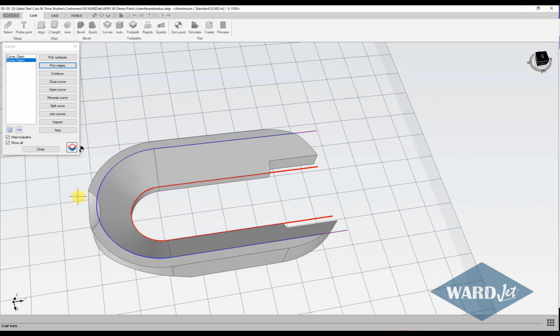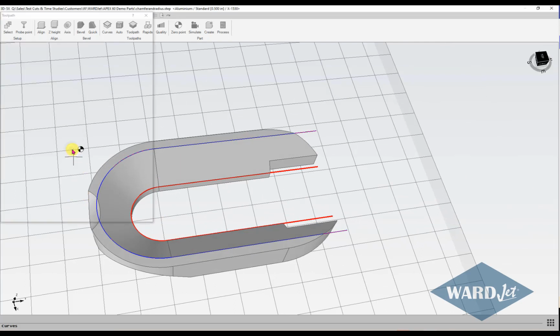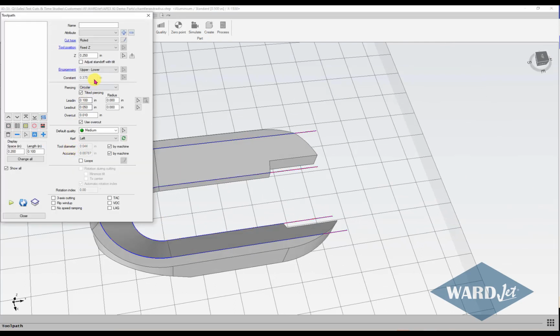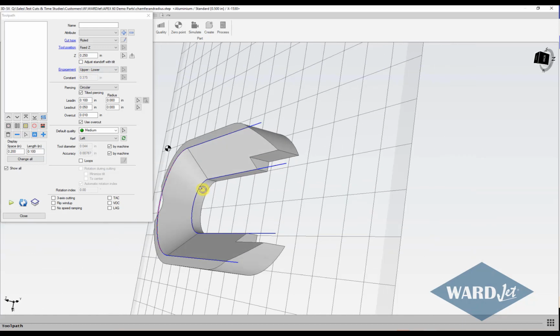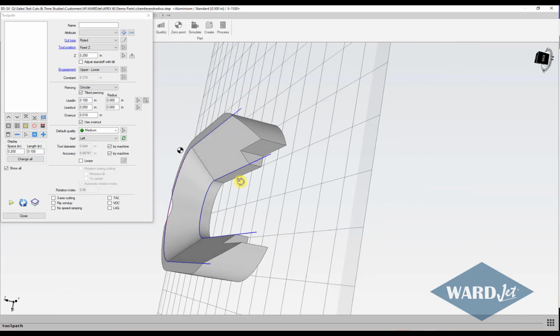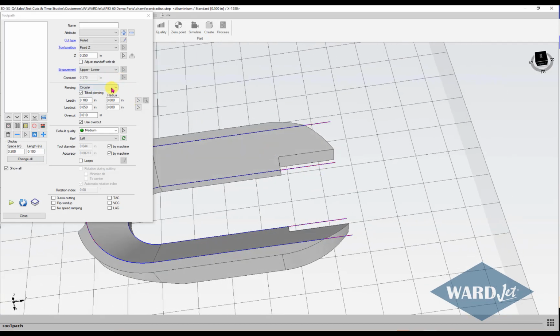So now we can go ahead and add a toolpath to that. Click on my toolpath shortcut. We're using cut type rule to fix Z because we're cutting this out of a flat piece of material. Engagement is what it uses to calculate the feed rate. So this would be from upper curve to lower curve, and then there's going to be a little bit of additional material after that, so that would actually be fine for this cut. And I'm going to do user piercing, tilted piercing. I'll go a little bit longer on my lead in,